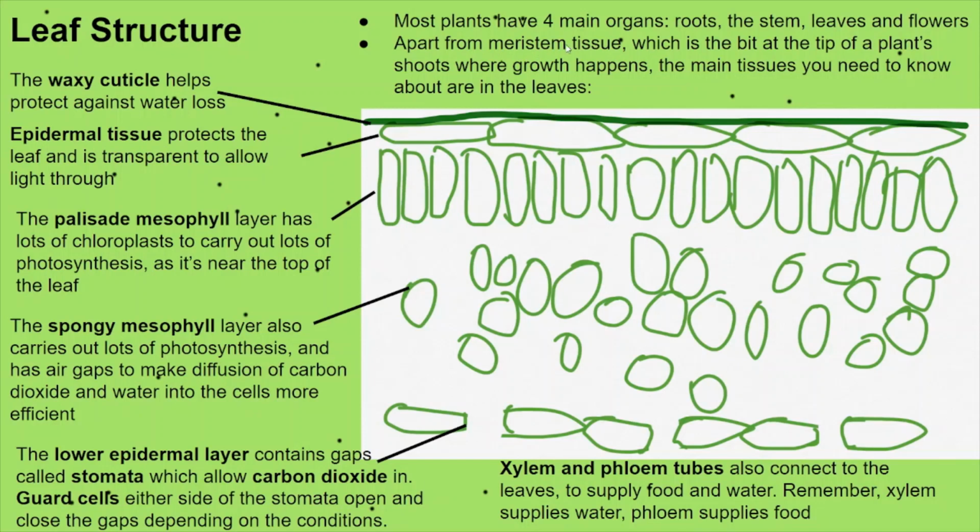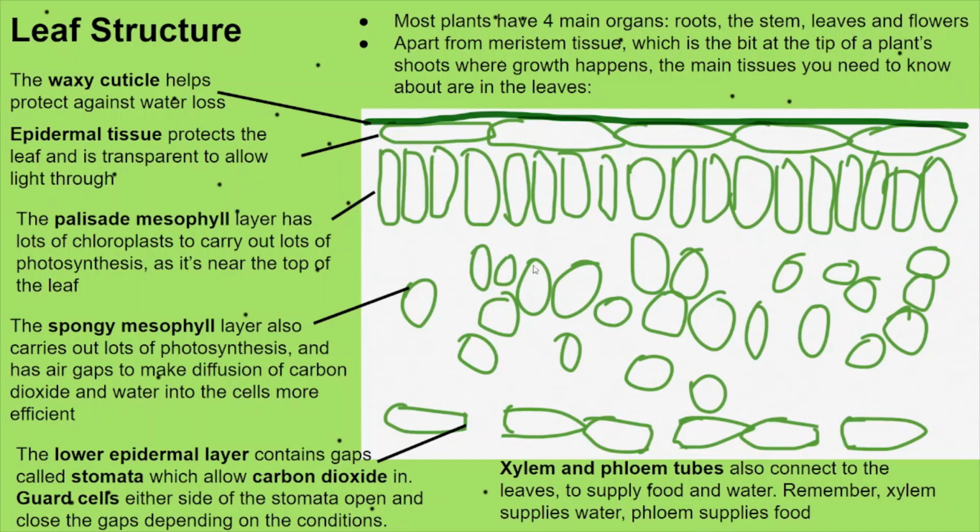So the meristem tissue is the tip of a plant's shoots where growth happens. We saw that in the last video. And now we're going to look at all the tissues in the leaf. So on top and the bottom, we've got the waxy cuticle to help protect against water loss. And the first layer of cells is the epidermal tissue to protect the leaf, and it's also transparent to allow light through,